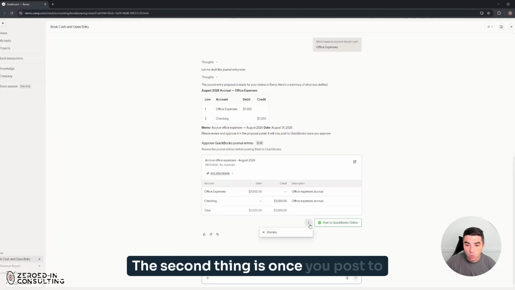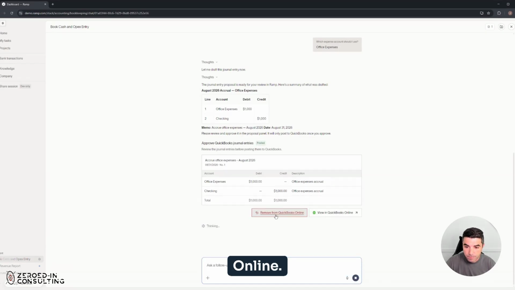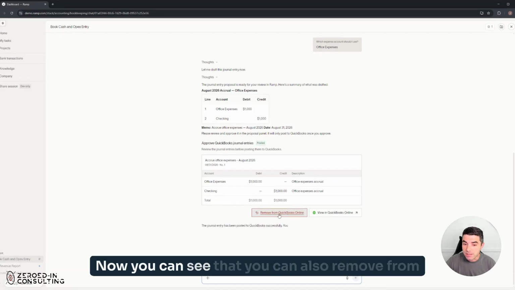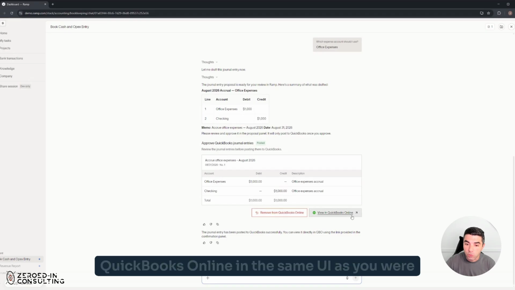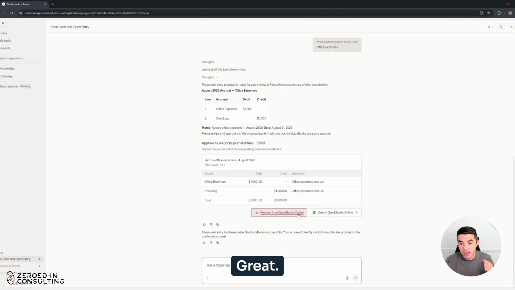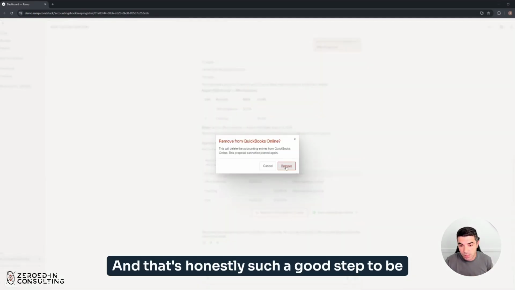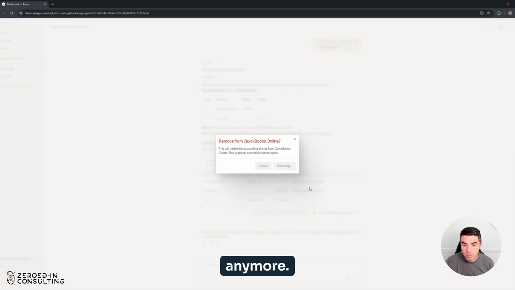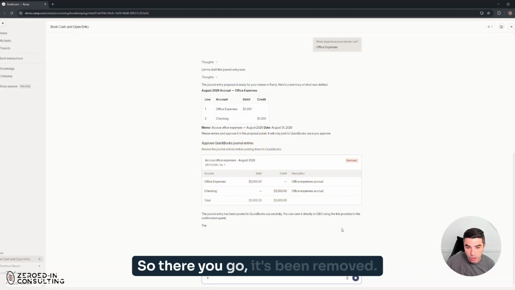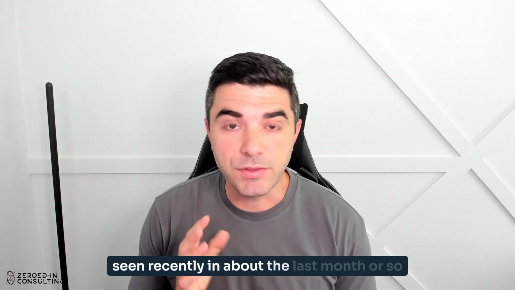The second thing is once you post to QuickBooks Online, I don't think it'll let me do this because there's no QuickBooks Online. Oh, it did. Great. Now you can see that you can also remove from QuickBooks Online in the same UI as you were already doing to view it. So if you may have fat fingered it, great, I can just remove it right away. And that's honestly such a good step to be able to say, yep, I don't want it anymore. And it's gone. So there you go. It's been removed. Anyways, so those are the updates that I've seen recently in about the last month or so